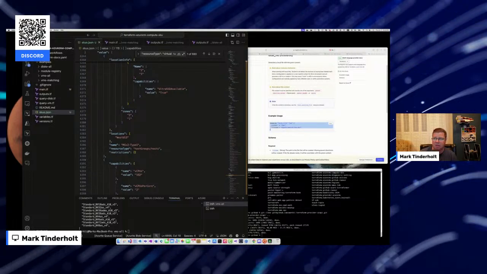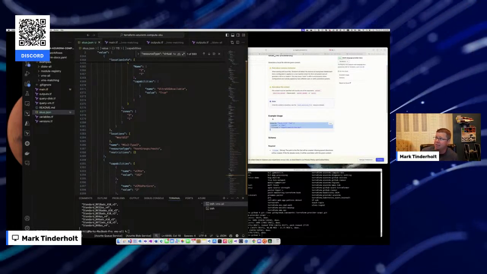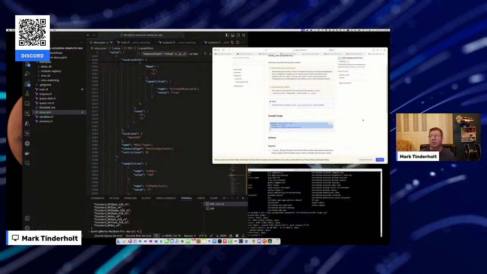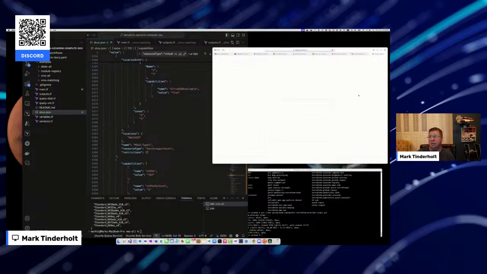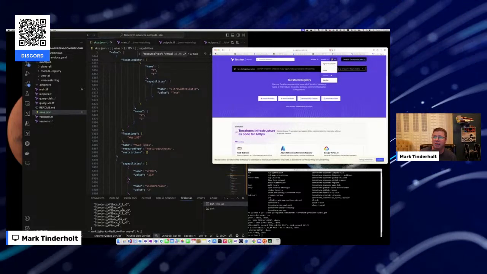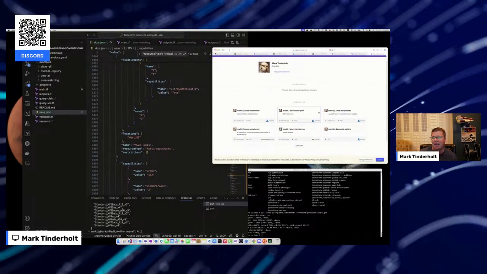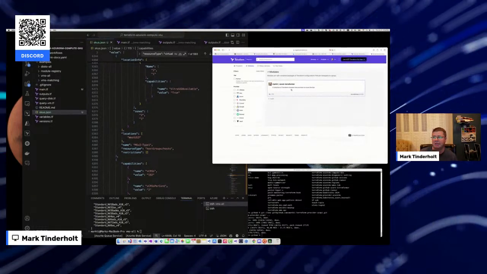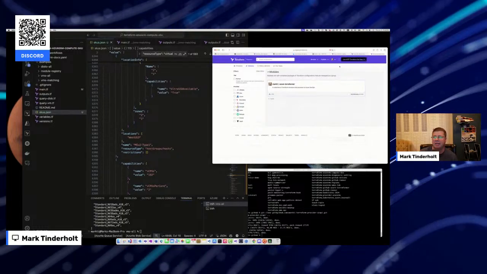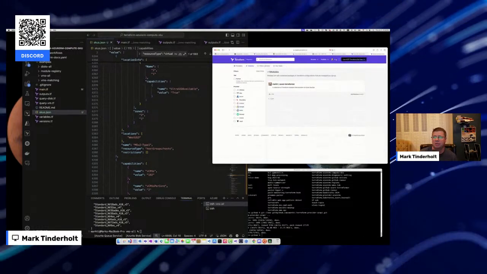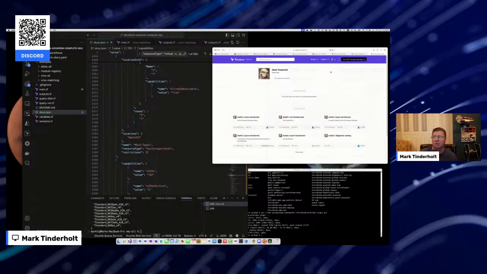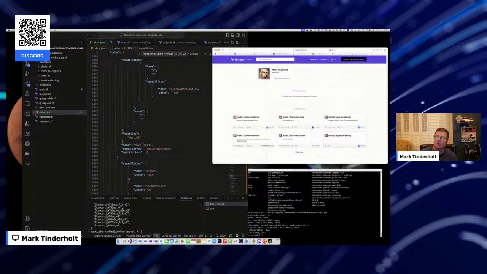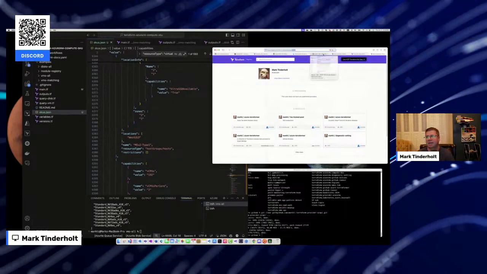But then I created the compute SKUs module, and this is literally the code base that is my module. You can go out to registry.terraform, there's my little buddy, and let me go to my profile. Now, this is really weird. I have an Azure Terraform organization in GitHub, and when I go to my profile, oh, what the hell did I just do? When I go to my profile, I only see my Mark TI. That's my GitHub account. And so I have to go here and type in Azure Terraformer